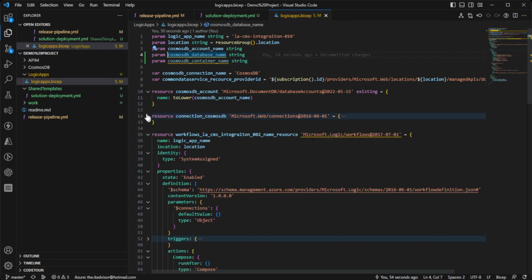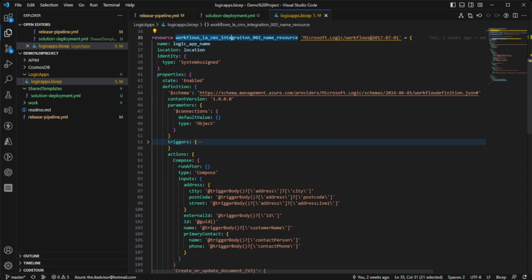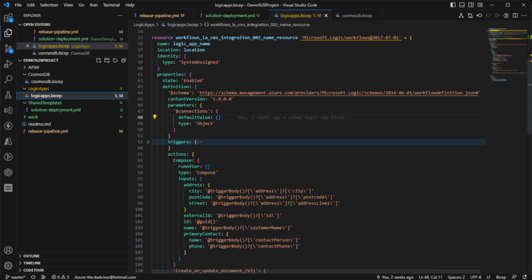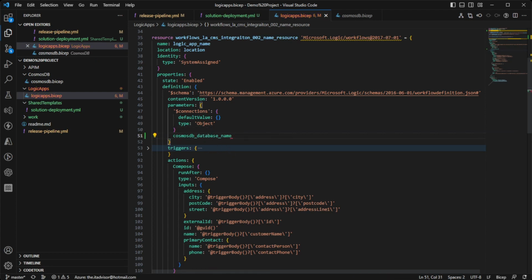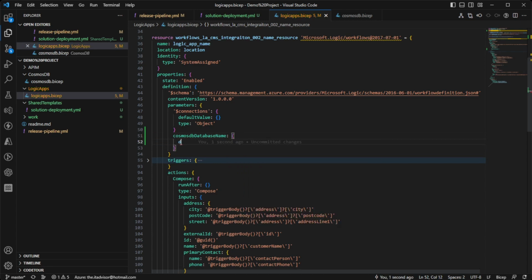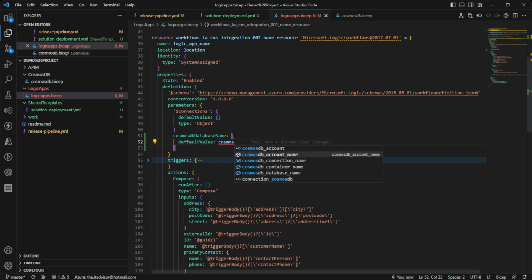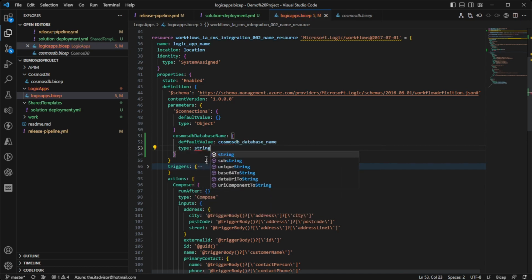Then we'll go to the logic app resource definition, and I will add two parameters to the logic app. One is the Cosmos DB database name, with default value Cosmos DB database name of type string,